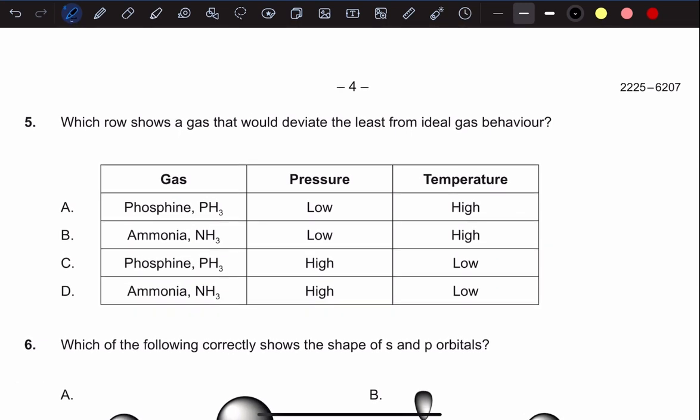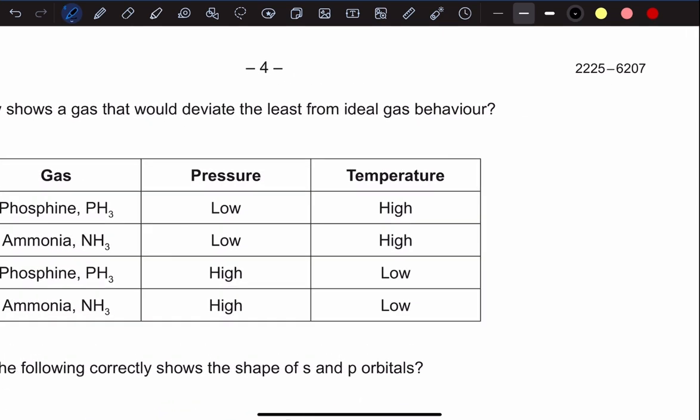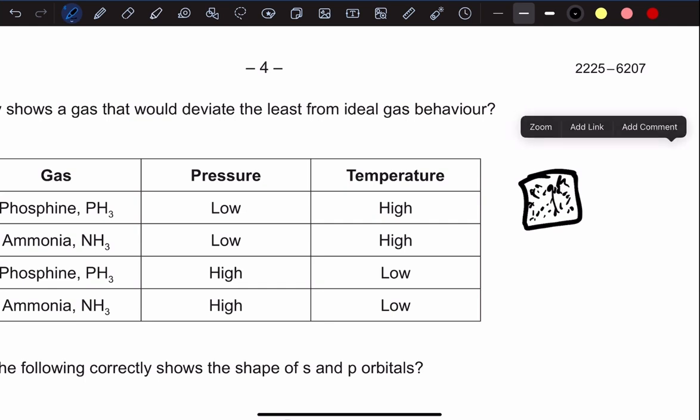Now, these conditions, firstly, is high pressure. If you think about why it does this, if you think about having a container such as this, a very small container, and you have gas particles here, right? It's really full of gas particles, completely full, and it's at really high pressure. All of a sudden, the volume that these gas particles take up in this really small container, because it's at high pressure, is no longer negligible. There's so much gas in such a small volume that it's no longer negligible,